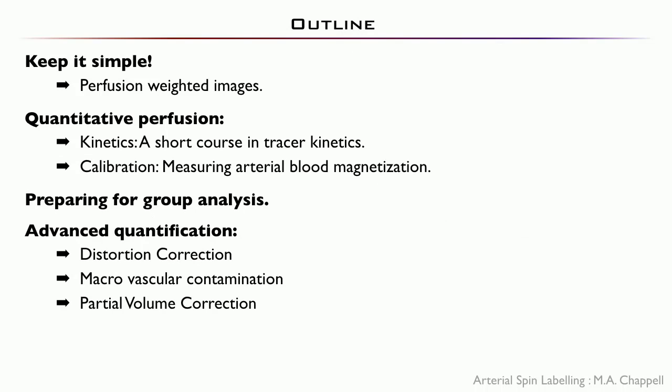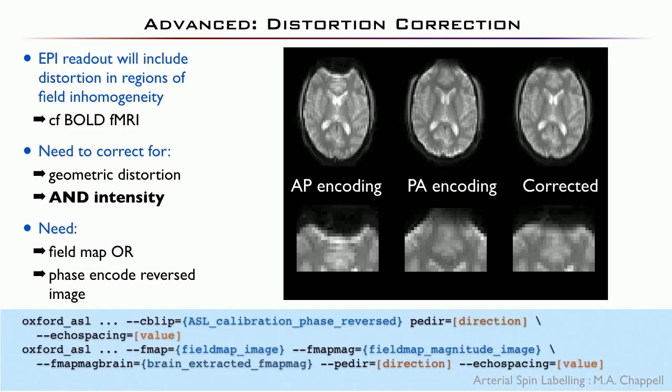So for the last few minutes, I just wanted to look at a couple of more advanced quantification issues, one of which is distortion correction, which has become widely used for fMRI and BOLD studies, but applies to ASL just as much. And the trick here is we can use exactly the same processes they do in fMRI and in diffusion, which is to say, if I can get some sort of field map, I can then calculate what the distortion was. And so a classic way of doing this, and a good one for ASL, if you haven't got a field map from somewhere else, and you can't nick it from your diffusion scan, is to do your